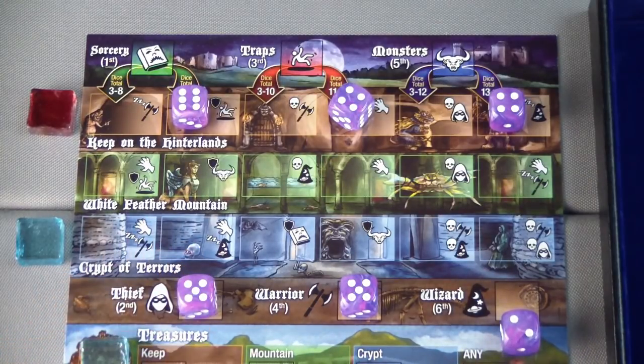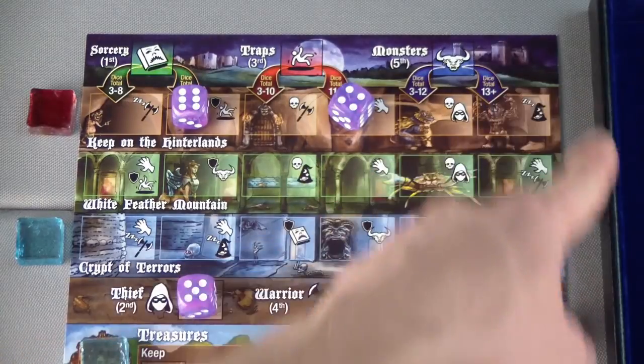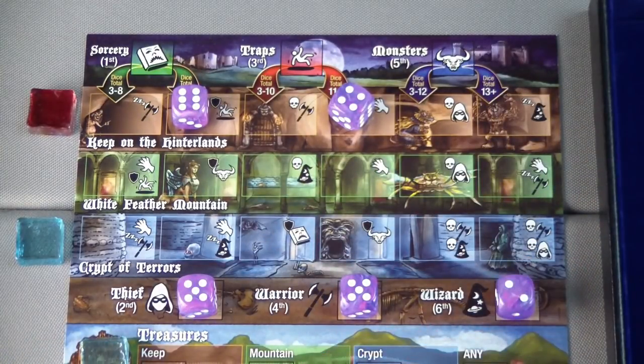The thief can now go, and with their 5 will attack the monsters of 4, defeating them, which will release the wizard from being stunned. But it's a little too late for the wizard because we have a standard attack from the traps at a 4. The warrior just gets out of the way in time with their 5, but the trap hits and kills